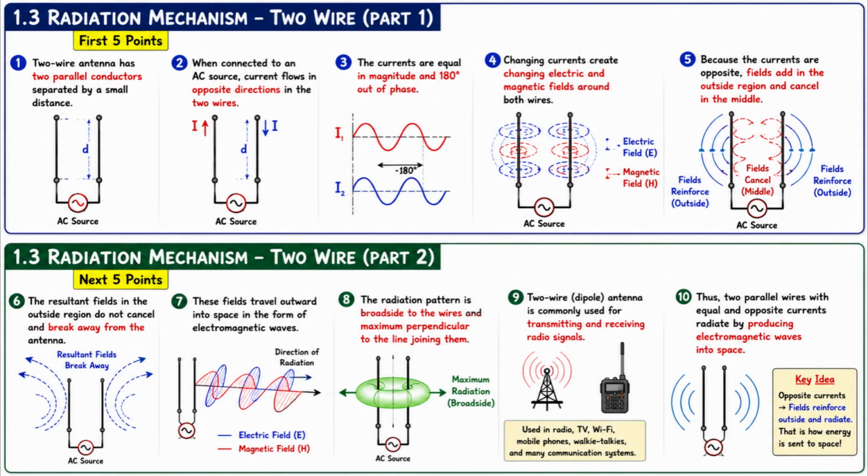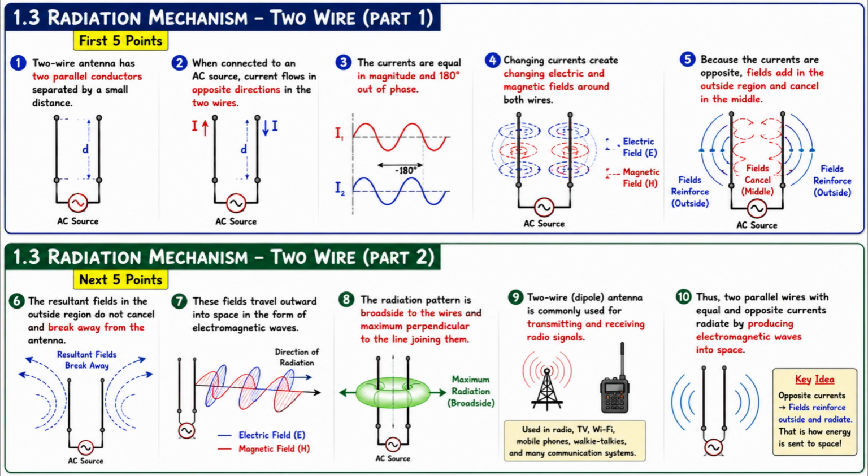Therefore, two wires radiate better when they are spread apart, like an antenna. A dipole antenna is formed when the two wires are opened into two arms. Okay? My dear students, once again, I want to explain in simple words all these things mentioned in